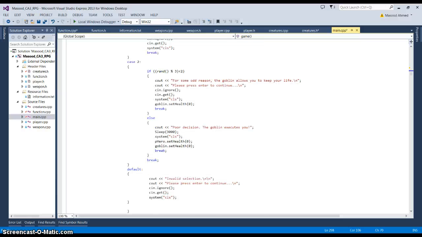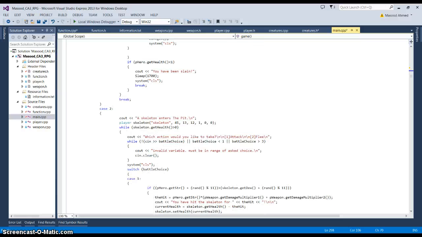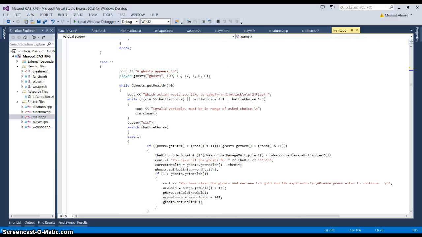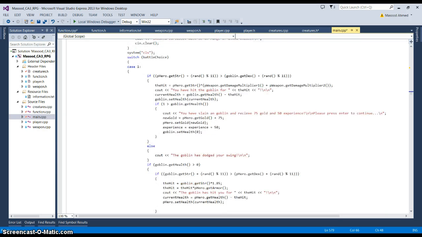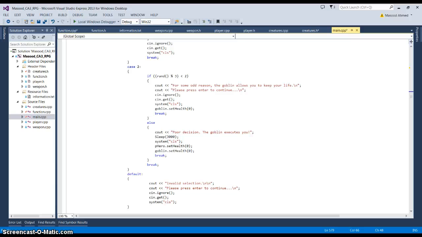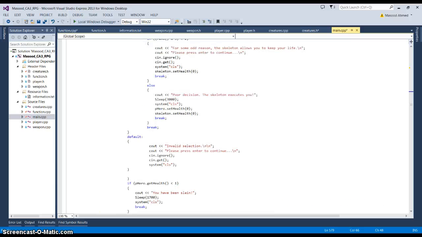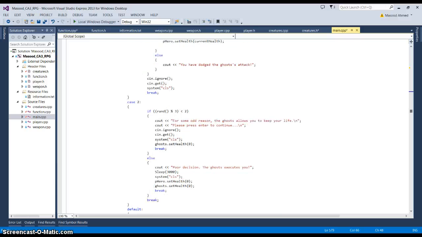It's pretty much the same for every level. As you can see here, the higher the level you go, if you're level 2, their stats go higher. Their stats pretty much go higher the stronger you are. So the higher the level you are, the stronger they are. And if we go down here,